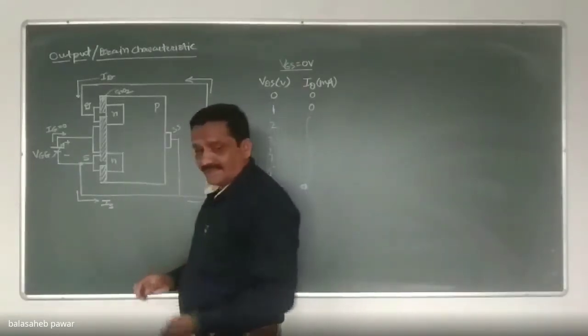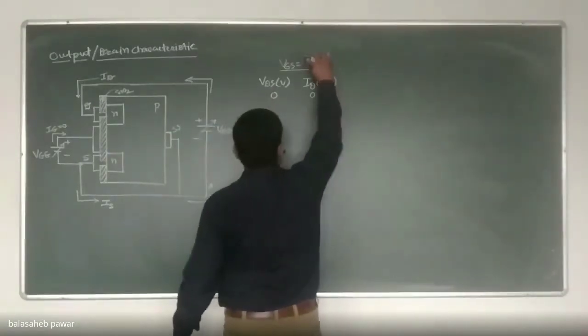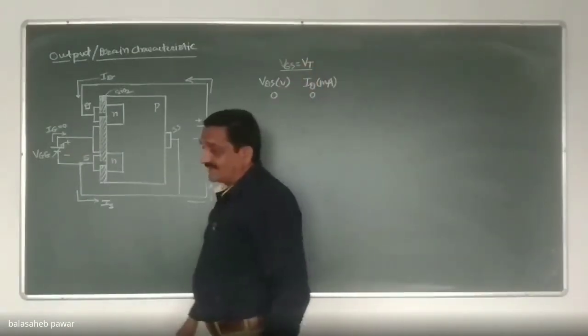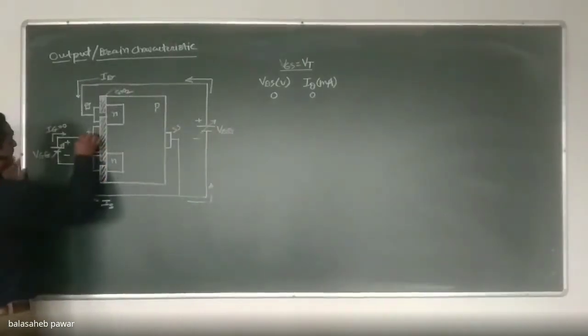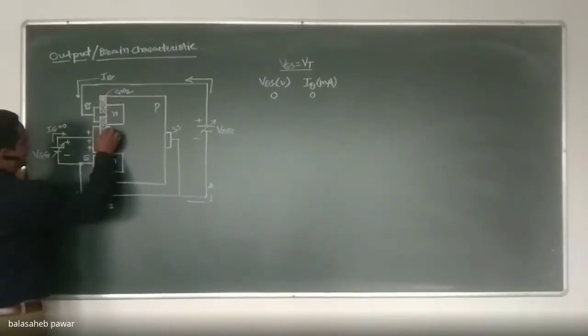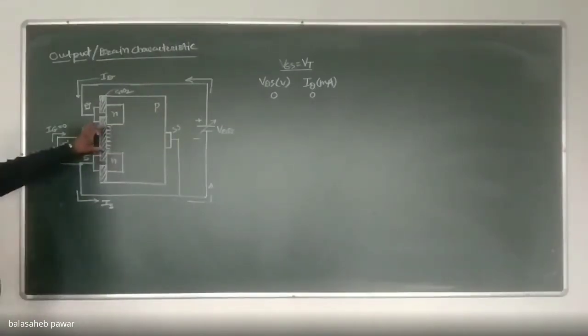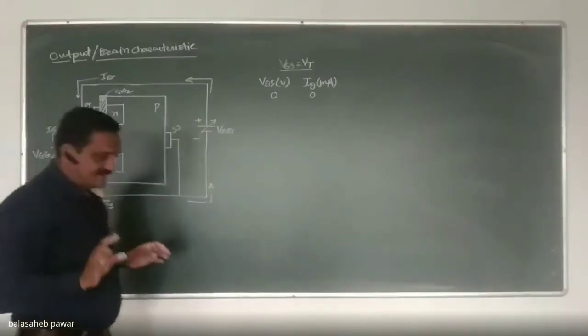Now, the second case we'll consider: if I keep this VGS equal to VT. What is VT? That is the threshold voltage at which a very thin channel gets induced between drain and source. That accumulated charge carrier will remain at the edge of this SiO2. So this much is the channel width formed by negative charge carriers between drain and source. As drain and source are both N type, there will be a flow of current through that channel. Agree with this?